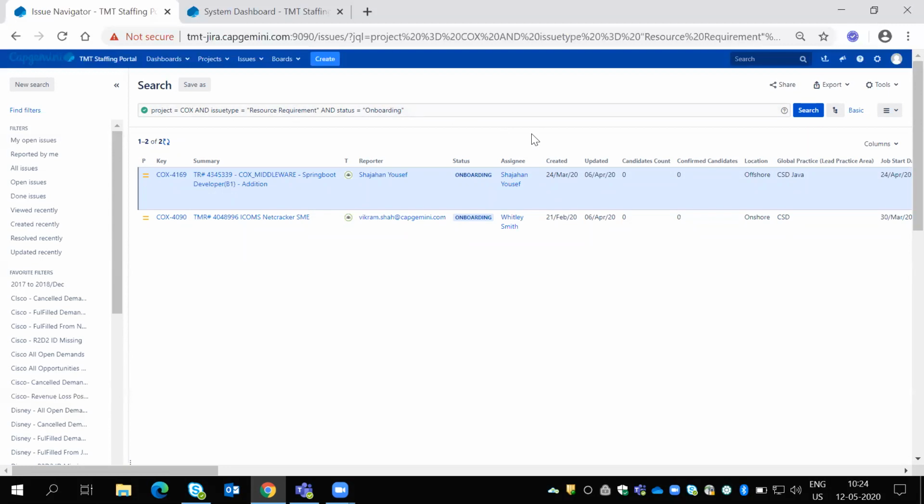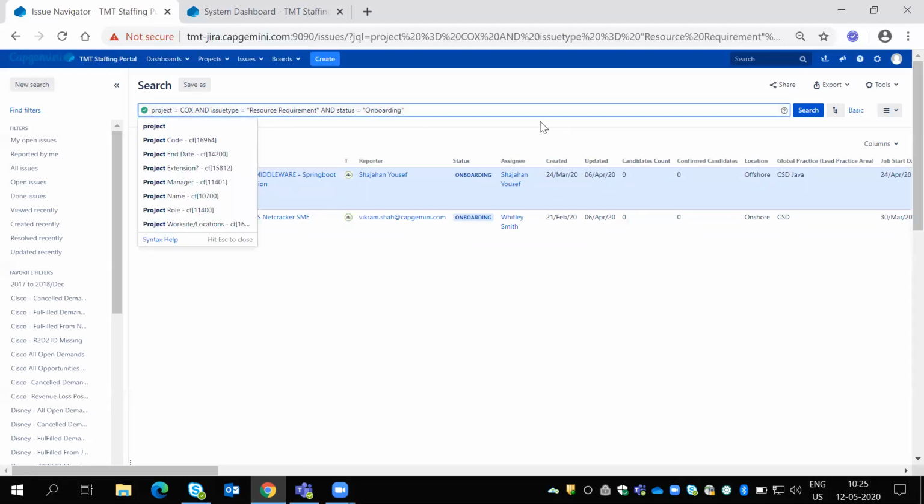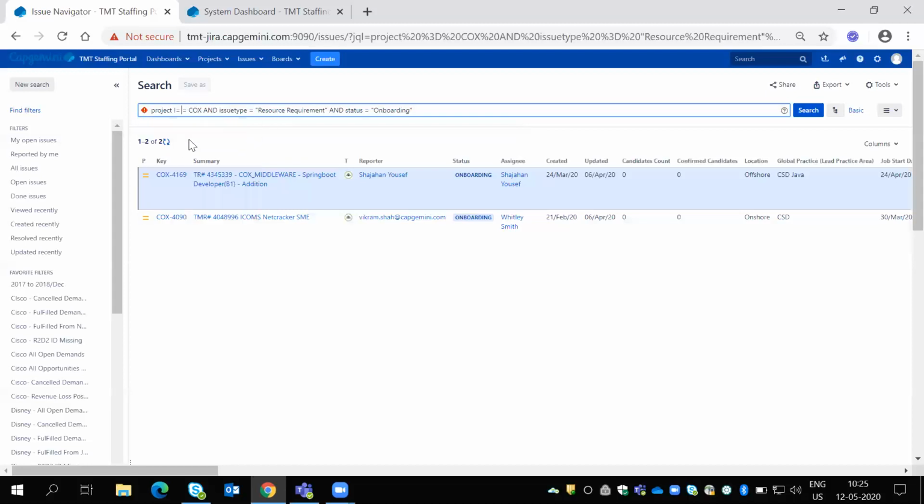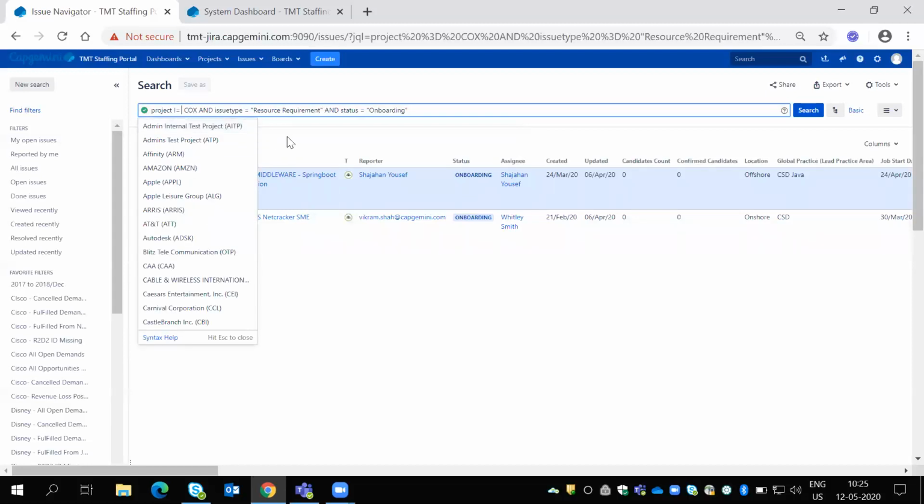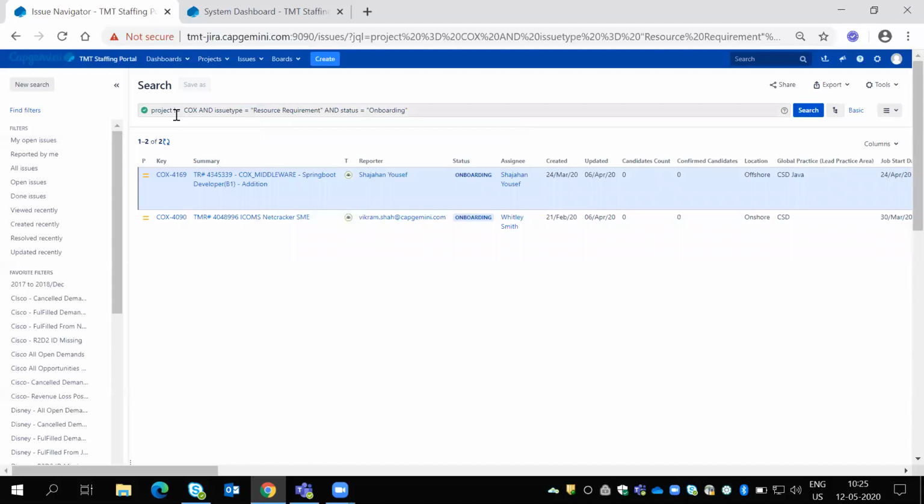But when there are multiple projects, multiple issue types or multiple statuses, how will the query look? Suppose I'll tell you one thing here. I have project is equal to Cox. If I select not equal to, before I was selecting the Cox project.